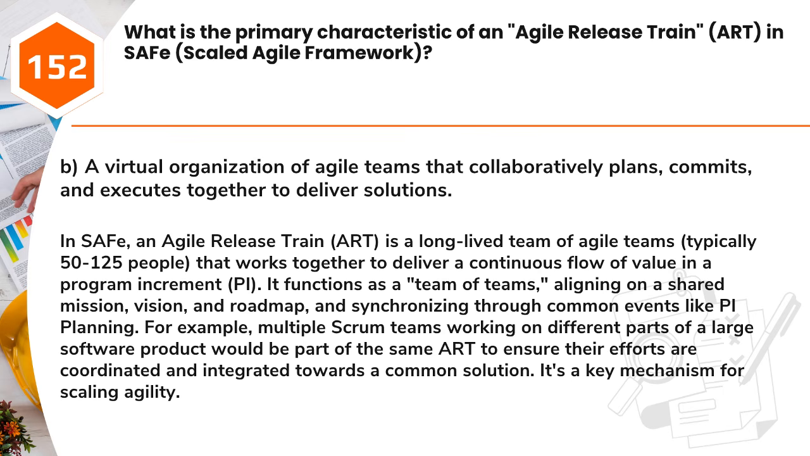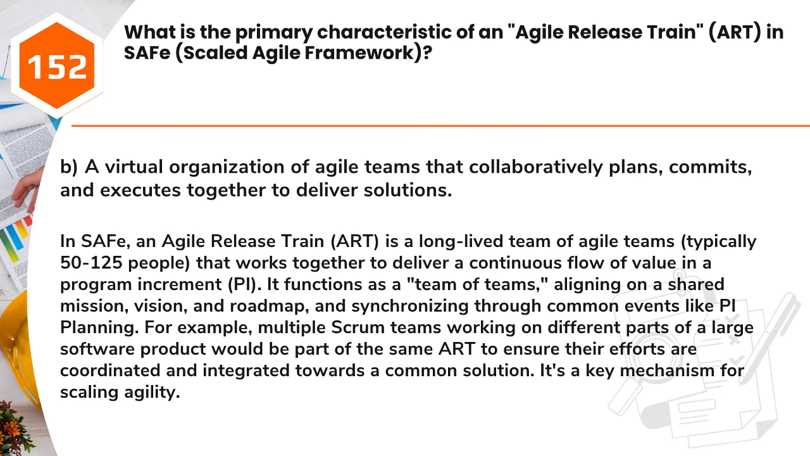In SAFe, an Agile release train, ART, is a long-lived team of Agile teams, typically 50 to 125 people, that works together to deliver a continuous flow of value in a program increment, PI. It functions as a team of teams, aligning on a shared mission, vision, and roadmap, and synchronizing through common events